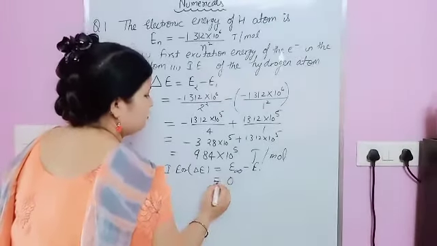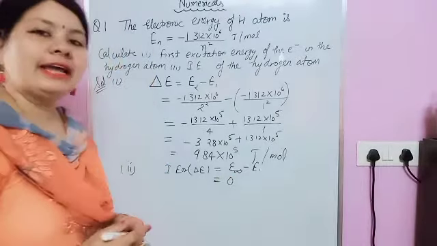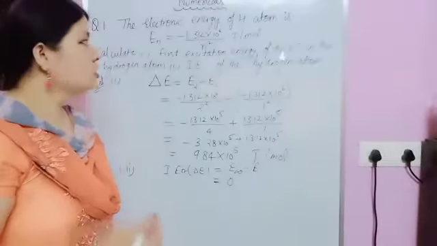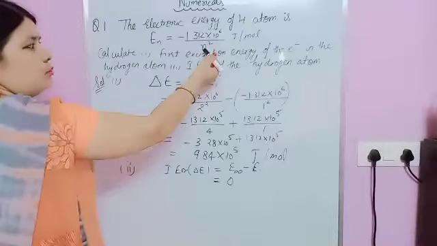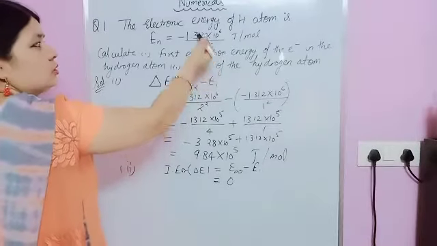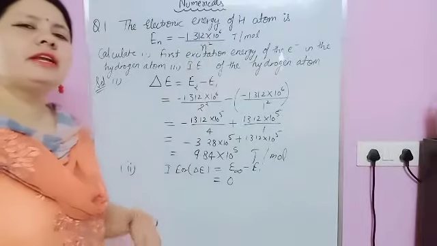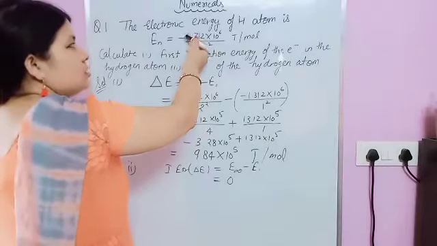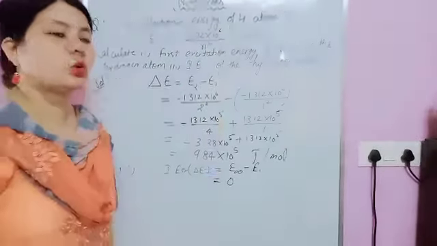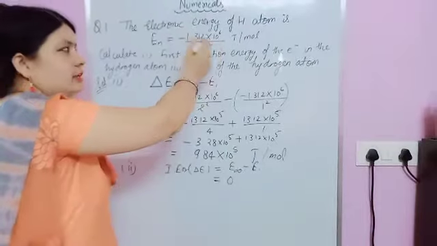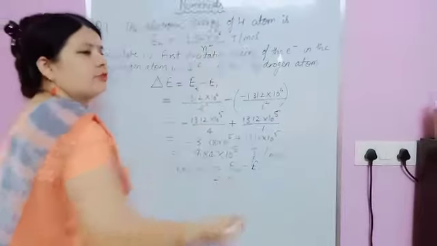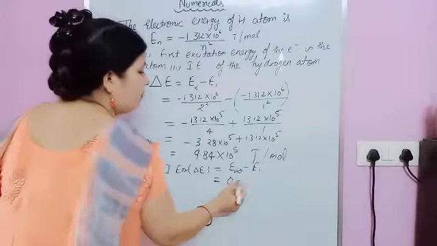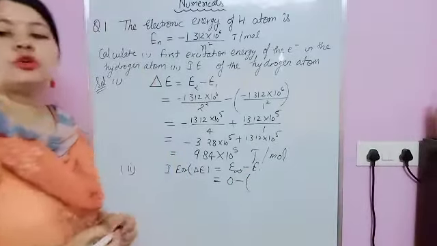As I explained, if E is infinity, meaning n is equal to infinity, then in that case the value of E is equal to 0. You can see this yourself, because when you put the infinity value here, this value will be very, very small, almost nearer to 0. When we divide this by infinity, it is nearer to 0. So the E infinity value is equal to 0. That was already explained in an earlier video. Minus E1, so you have to write this.